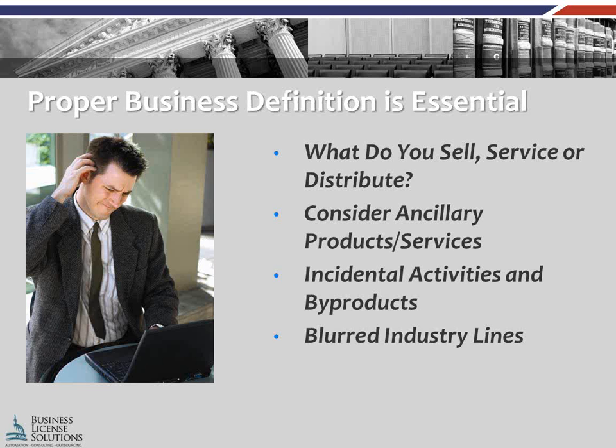You may view your business as a grocery store, but in today's world, that may encompass many types of products and services. For example, do you sell money orders or wire money? Do you cash checks? These potentially involve licensing issues at the federal and state level. Do you sell tobacco or liquor? These products are heavily regulated and raise special tax and licensing issues. Make sure you look around and know each and every product or class of products you sell or each type of service you offer. Many times, these are ancillary products or services and are not considered by business owners as their main business and are overlooked in licensing research.